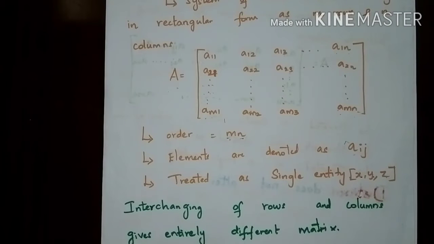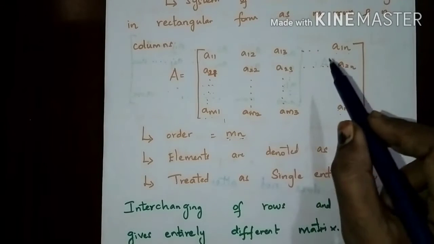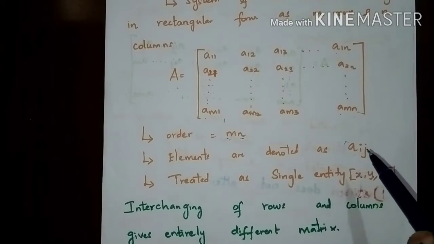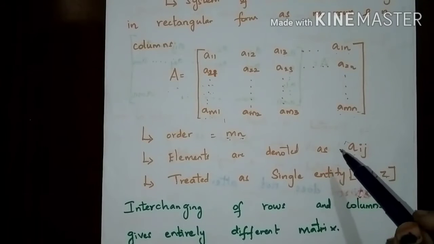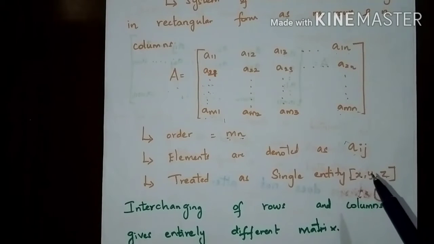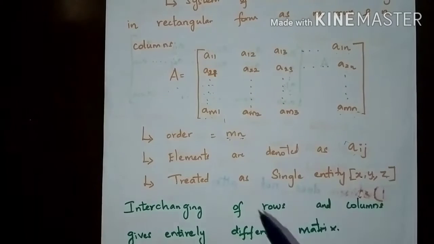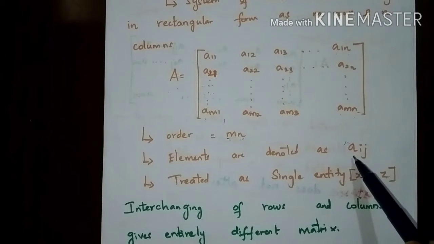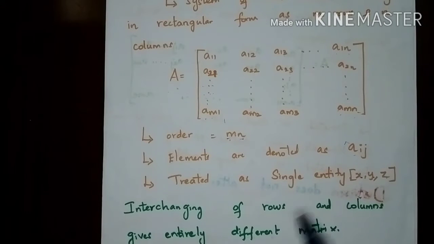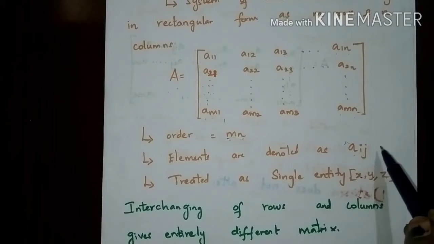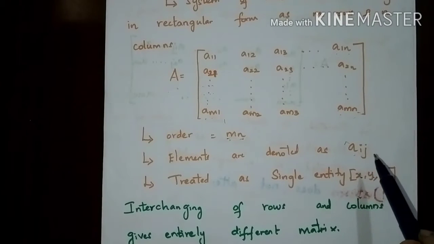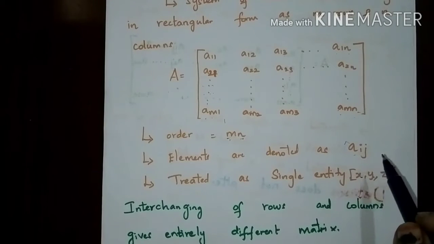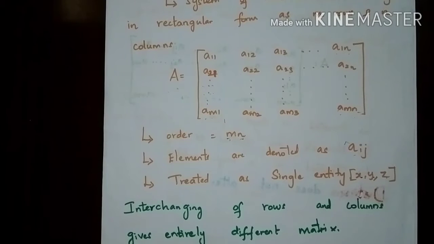Each element of a matrix is denoted by a small alphabet with two suffixes, i and j, where i represents the row concerned and j represents the column considered. Elements of a matrix are denoted by a small letter a with the two suffixes ij, the element corresponding to the ith row and the jth column. Got it? These are the representations of elements in matrices.